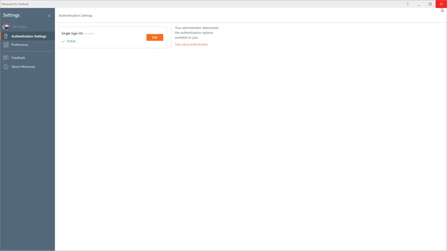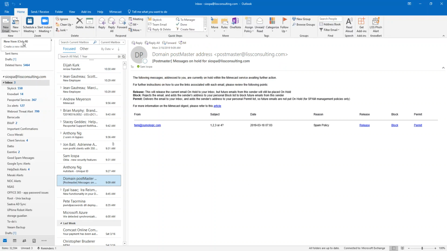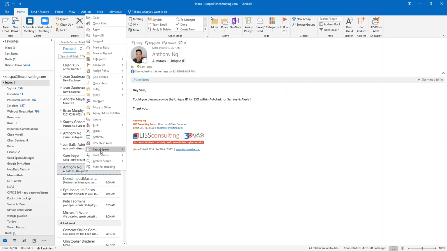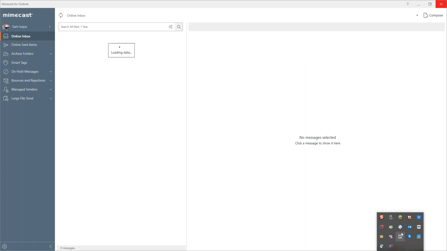So once you're signed in here, you're going to notice this is your normal Outlook. When you're receiving email, you'll be able to just right-click on any email that you receive, and you'll be able to report any emails through here. So this will be the spam, this will be the blocked sender, and if any messages appear in your Mimecast and they're not supposed to be marked as spam, you can actually expand Mimecast by right-clicking here, open Mimecast for,